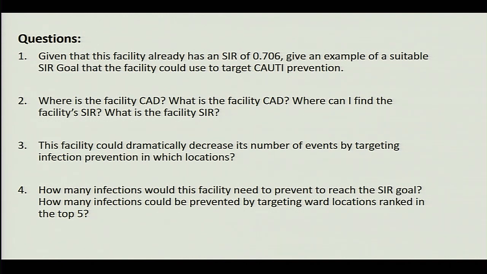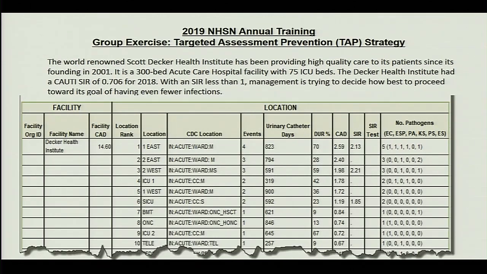And then question number 3. This facility can dramatically decrease its number of events by targeting infection prevention in which locations? So if we go back to our TAP report, which locations would we need to focus our attention on? I'm hearing answers, but I heard the top 5, the top 3, all correct answers. So we would go to our location ranking,